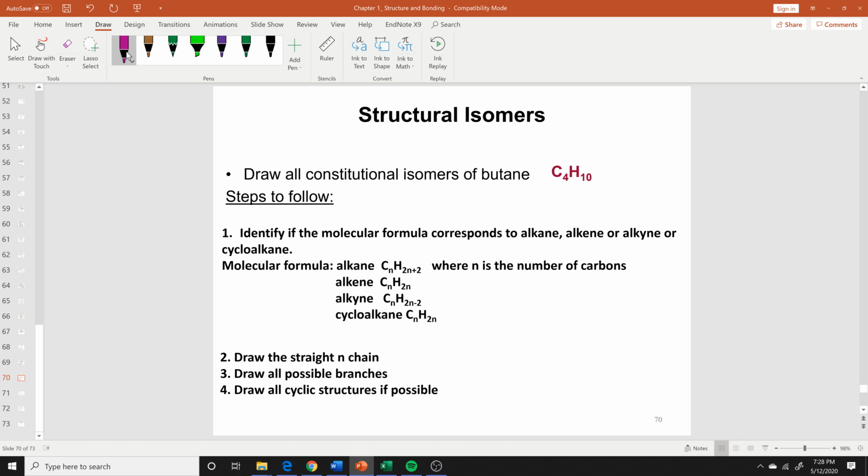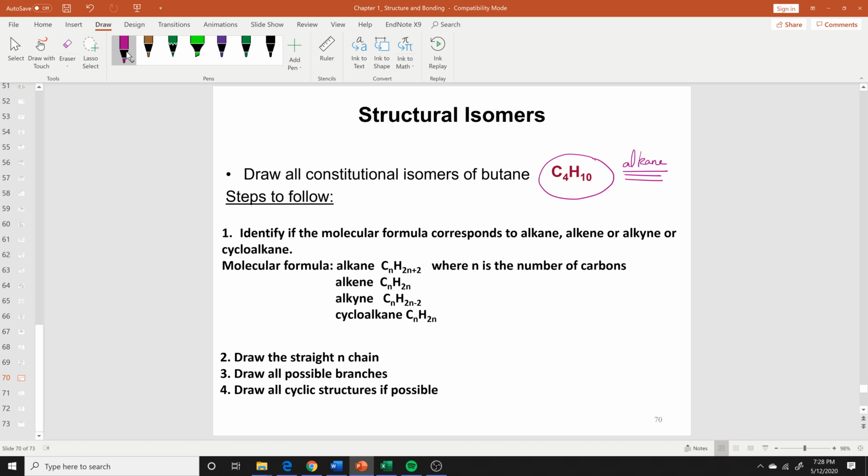They should have these molecular formulas, or in case you have a cycloalkane, they should have all of these molecular formulas. So for now, I know that C4H10 is basically CnH2n+2, where n is the number of carbons. So I know that this is an alkane. This is the first step to figure out